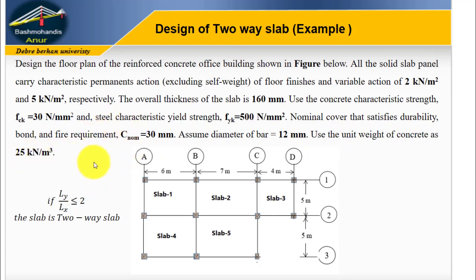Okay, ስለዚህ ጥያቄው ይሄ ይመስላል። እንደምታዩት this is the floor plan of the office building. ስለዚህ slab 1, slab 2, slab 3, slab 4, slab 5 ተሰጥቶናል ማለት ነው። Dimension is given and other parameters also given. Therefore, in this example we are designing two-way slab, so we have to make sure that all the panels are two-way slab. ስለዚህ እኔ ቼክ አድርጌዋለሁ, already I've checked it. If Ly by Lx is less than or equal to 2, the slab is a two-way slab. Therefore, all slab 1, slab 2, slab 3, slab 4, slab 5 are two-way slabs. Okay? ስለዚህ ነገር እናንተ ቼክ ማድረግ ትችላላችሁ።